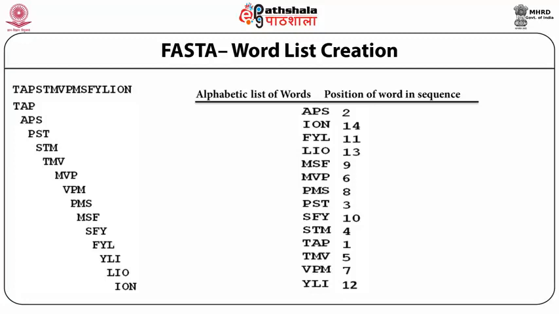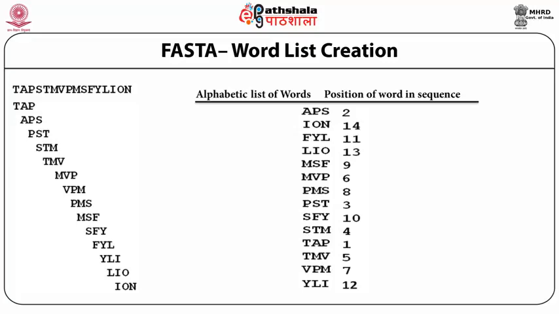FASTA heuristic starts with splitting each target sequence in the database into overlapping words of specified size, the KTUP parameter, usually 2 or 3 for proteins and 11 for DNA. Let us say that a protein with the shown sequence is present in the database. This sequence is shown on the top left. The list of overlapping words of KTUP equal to 3 is shown below this sequence.